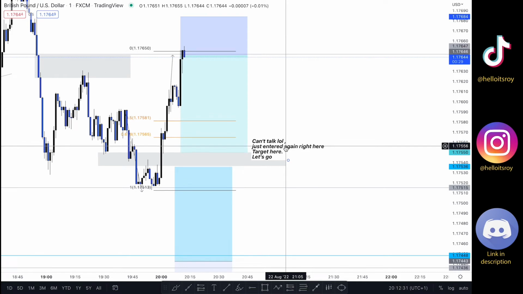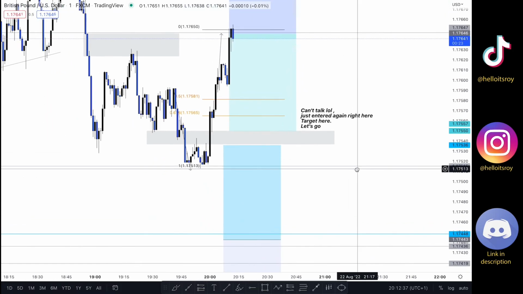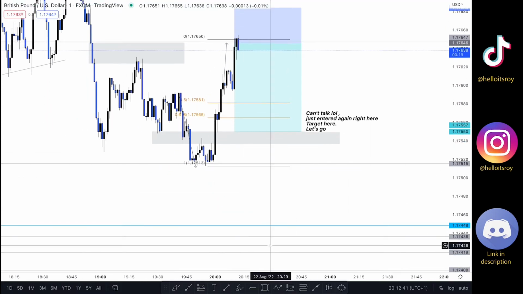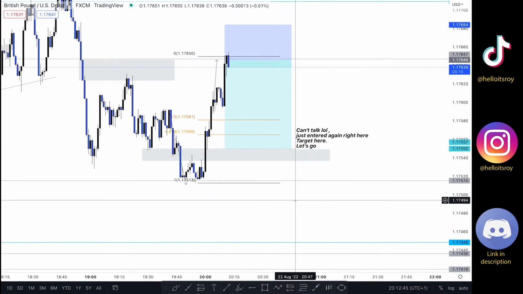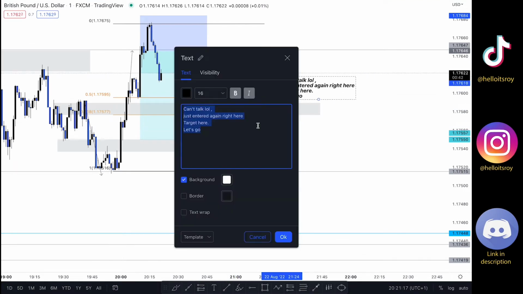So I'm taking another sell here after the market targeted the liquidity through to the upside, and after we have something like a 3-drive pattern through to the upside if you look at it. So I'm going to be taking a sell right here and targeting this area right here. I'm just going to show you, by the way, where my partial profits area is going to be. It is going to be right at this point where I'm writing the text, where I take partial profits and put my trade at break even.